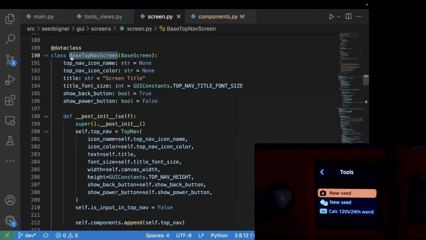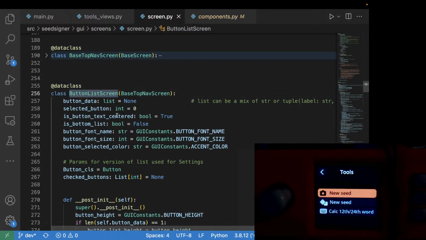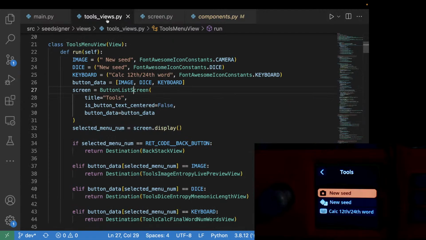You're only meant to do what I showed over here. Let's see, where is it? ButtonListScreen is an implementation class that's derived from this abstract base class. So got it. So pulling all the way back to our view layer,